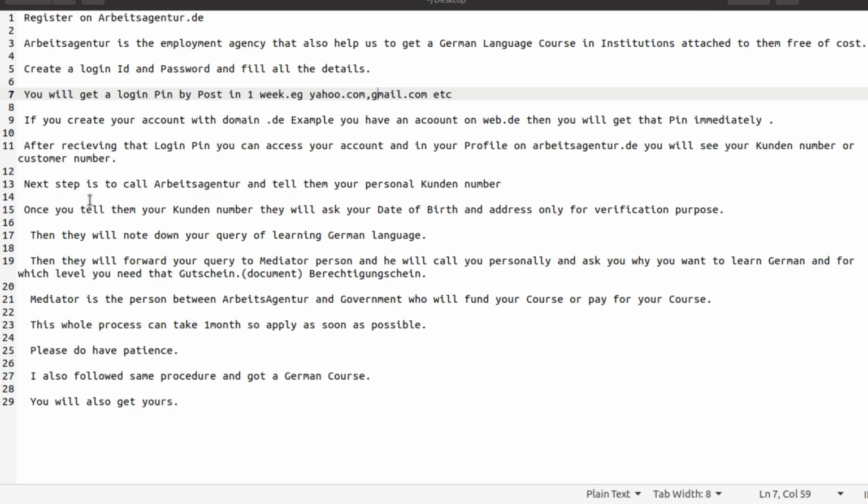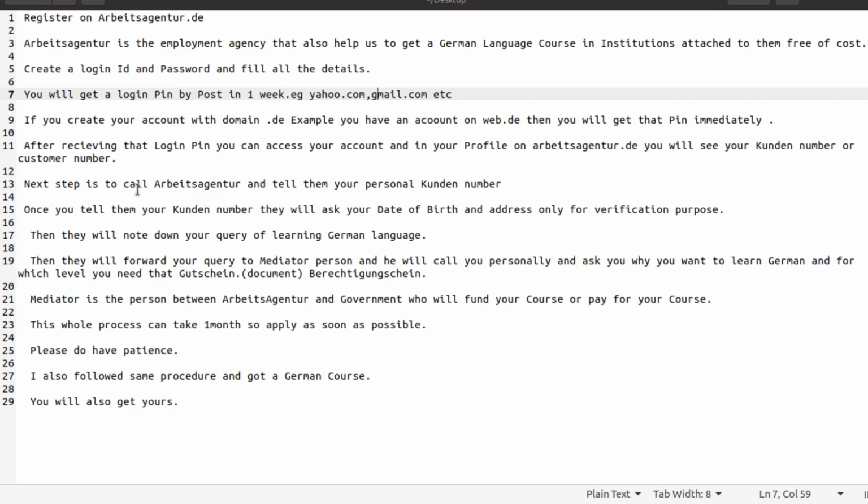You have to note down and remember that number, because only with this Kunden number can you be identified as registered on Arbeitsagentur.de.